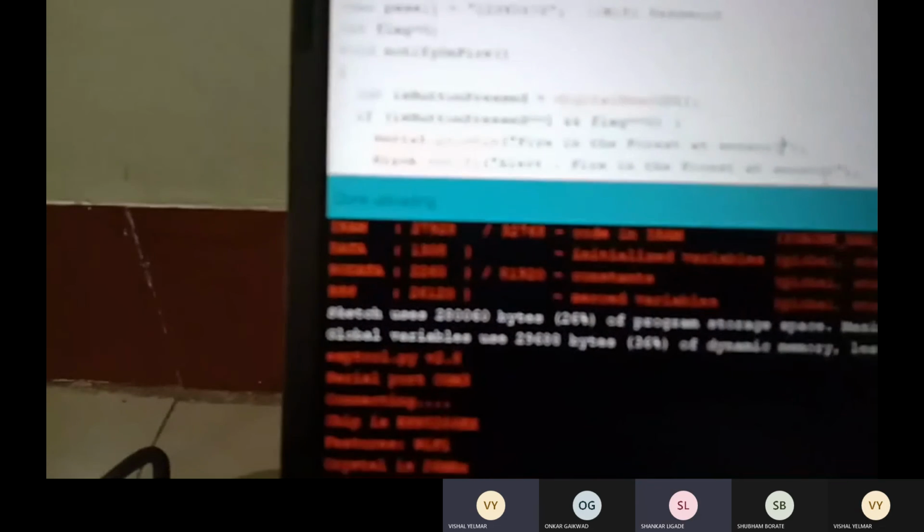Now we can see uploading is done, so our program is uploaded to the NodeMCU. Now we are going to unplug this system from the laptop.